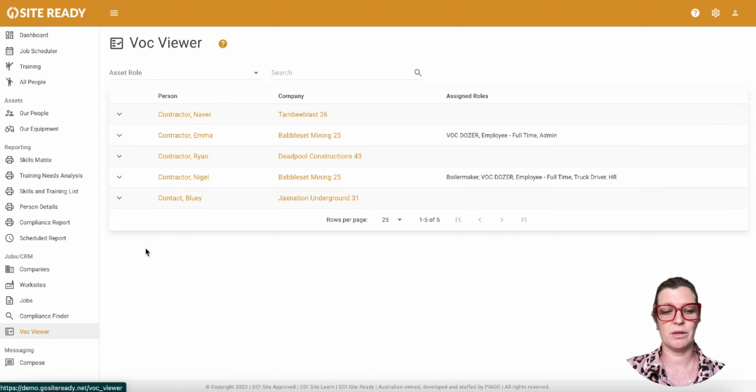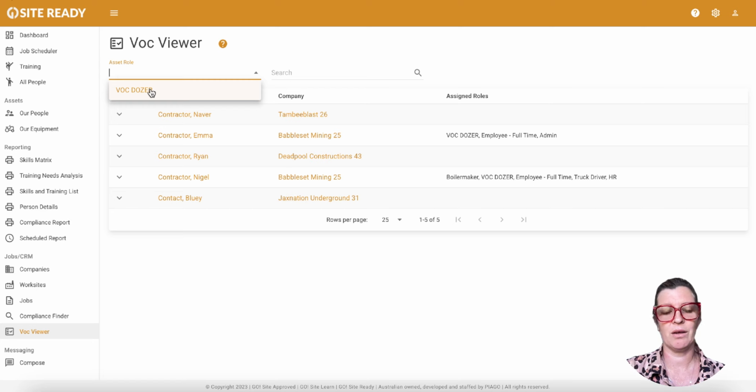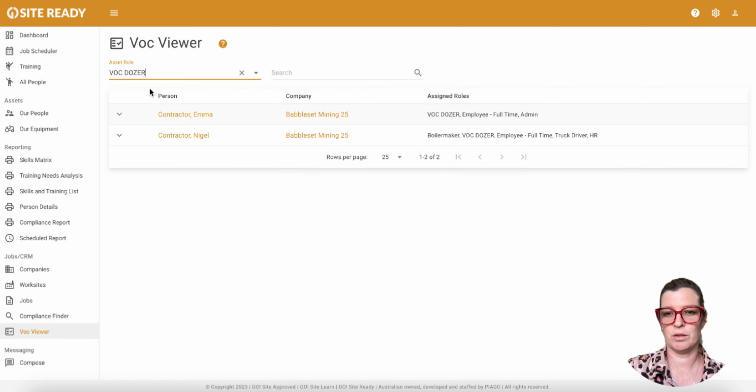For those of you that have already utilized the GoSite Ready platform, you will find that this feature is very similar to our compliance finder, but is designed specifically for VoC. Now, a couple of names of your employees may pop up in this list, but what we want to do is streamline this a bit more. And we are going to do a search for VoC Dozer